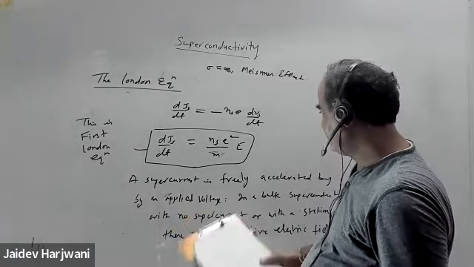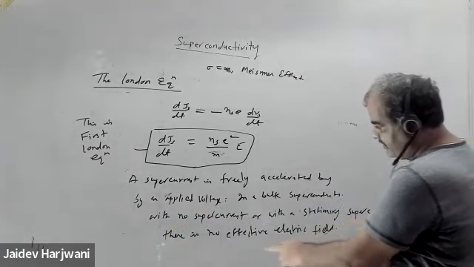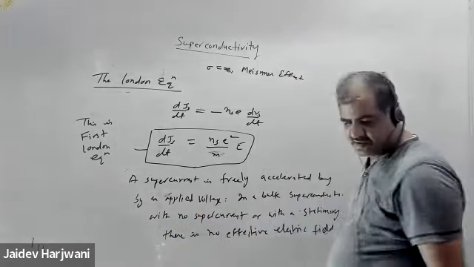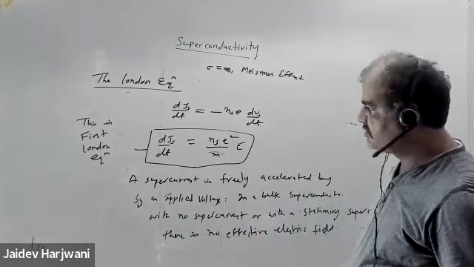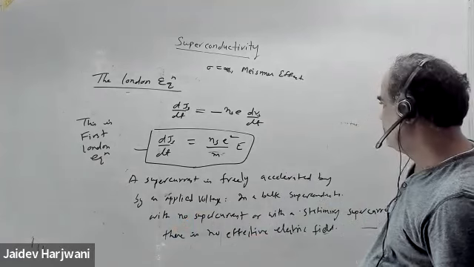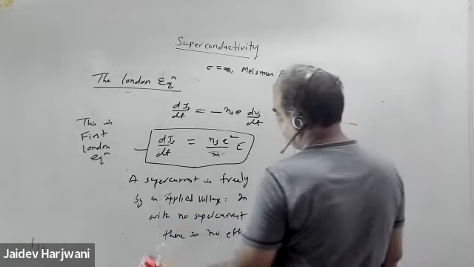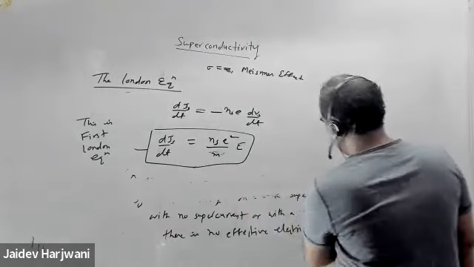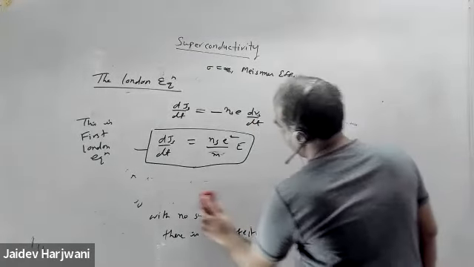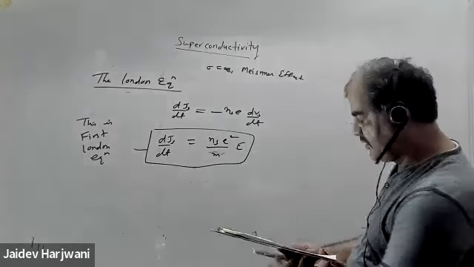सर वो नीचे लाइन क्या लिखा है? Stationary supercurrent, there is no effective electric field, with no electric field. Okay, so now suppose if I take the curl of these equations,